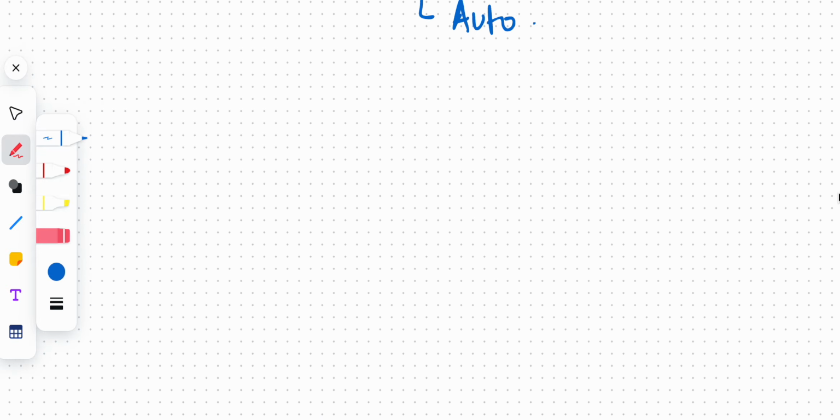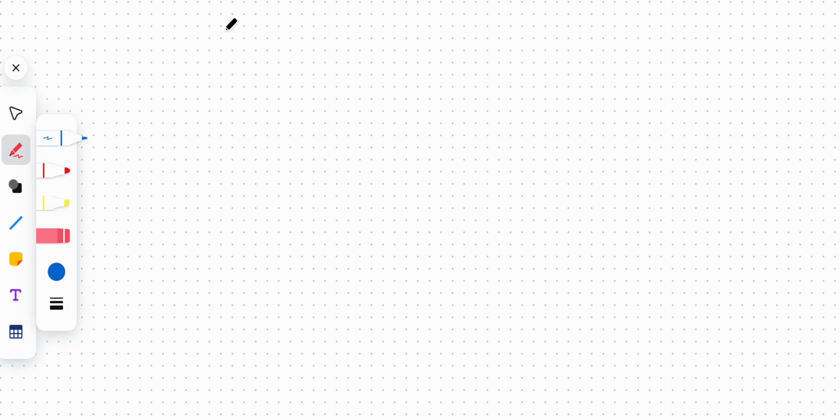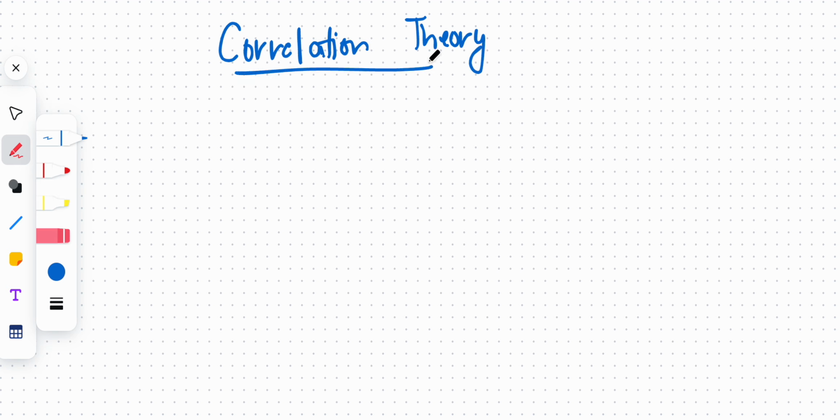So yes, that's how we'll start. Now I'll start with my initial topic, which is correlation theory. Now, correlation theory, what would that mean? Correlation theory would mean